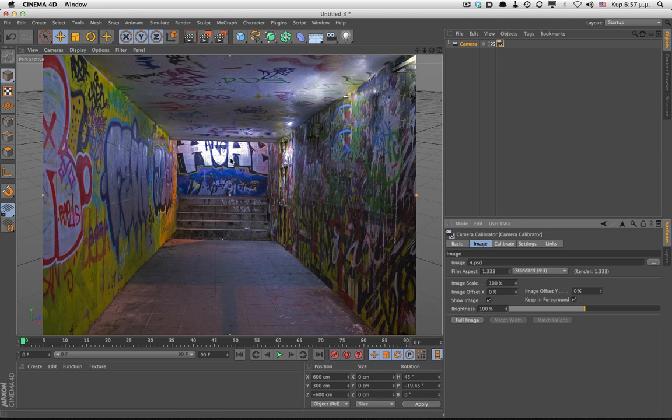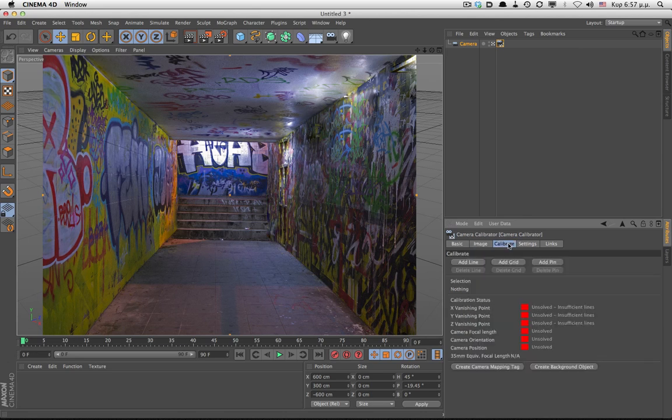To do that, we go to the Calibrate tab, and there you can see we have three options: add a line, add a grid, and add a pin. By adding lines and grids, we can define the X, Y, and Z space, and basically help Cinema figure out the rest. The pin option is only used at the end of the whole procedure and is there for scaling purposes and object positioning.